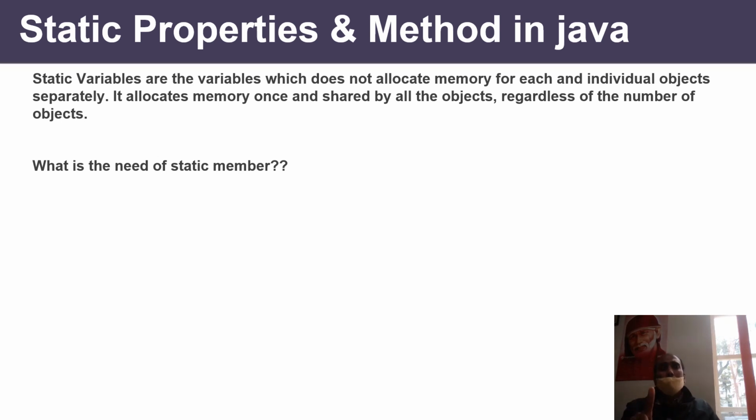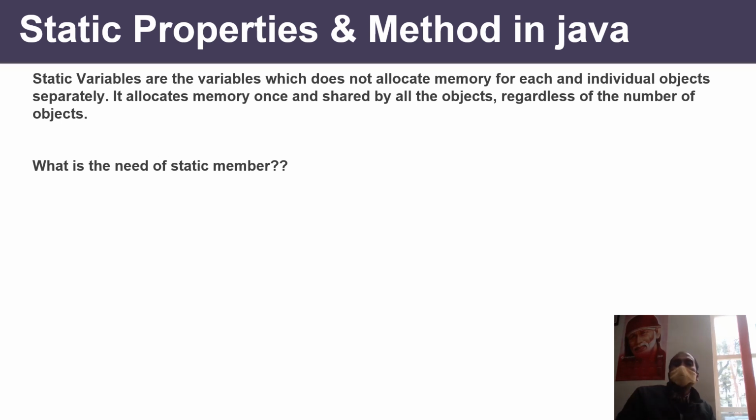What is the problem? The name of the faculty and the name of the university are the same for all, still memory is allocated separately for every object. If you think about it, you will find a lot of memory is going to waste. As per the concept, we know that memory is not allocated for the class but for the object, and every individual object requires a different memory location. Because the university name and faculty name are the same for all objects, a lot of memory is wasted. What could be the solution to this problem? If you want to save memory, what will you do?